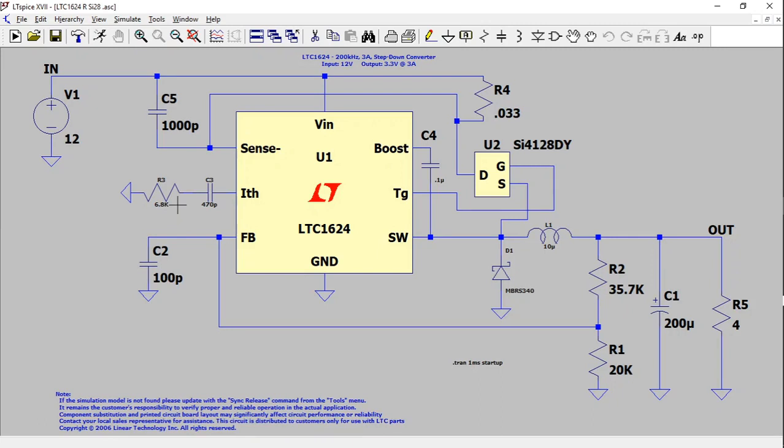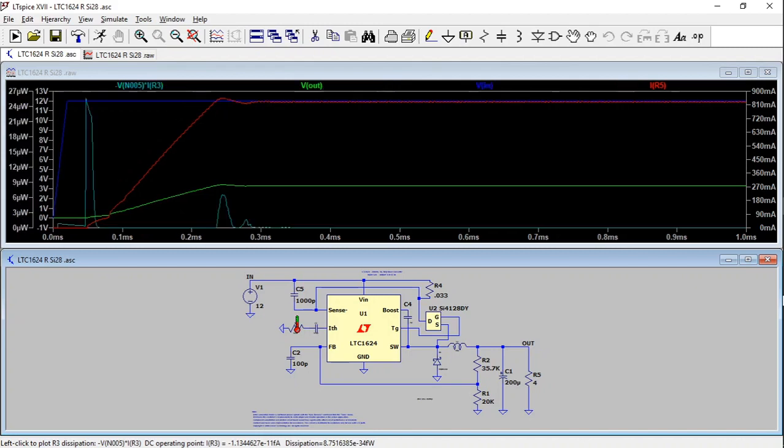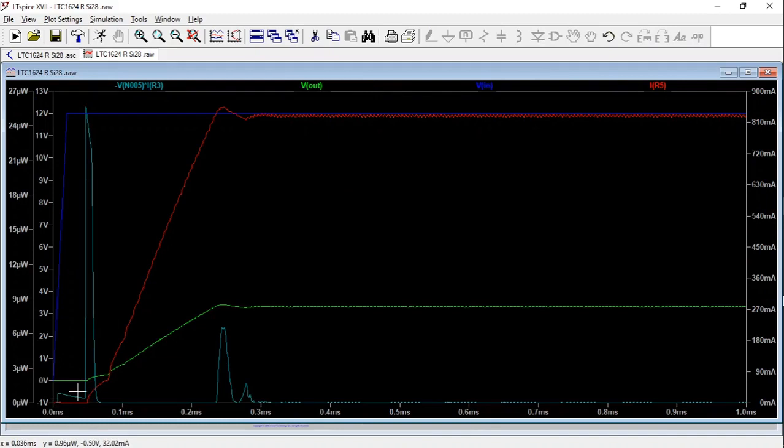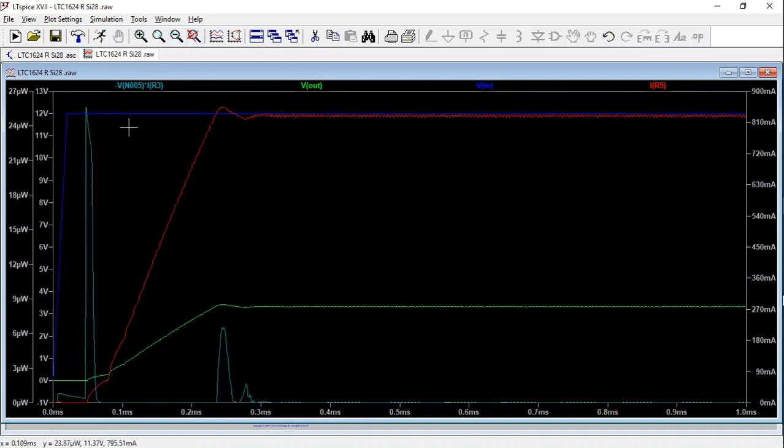At this stage we want to calculate the power consumption in this resistor, and to do this we start the simulation. We're interested in the power consumption in this resistor, so we press Alt and then left click on it, and there you can see this is the power consumption curve in R1, the light blue trace. It's voltage times current, amps, in resistor R3, which is R1 in